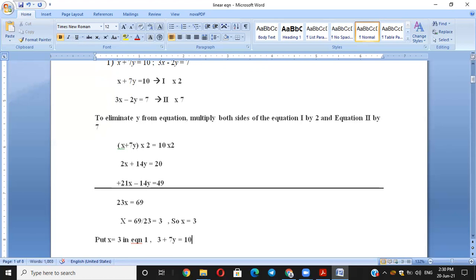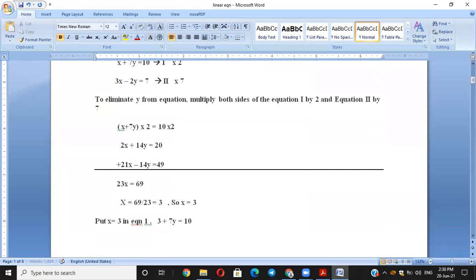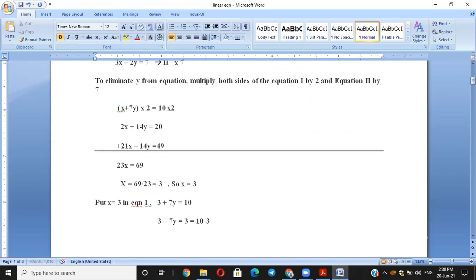Right? So what will 7y be equal to? We have to subtract 3 from LHS and subtract 3 from RHS. To keep 7y on this side, what do we have to do? Subtract 3 from LHS and subtract 3 from RHS. So we will do that. I'll go step by step, so don't worry. You will understand it very well. 3 plus 7y minus 3 is equal to 10 minus 3.